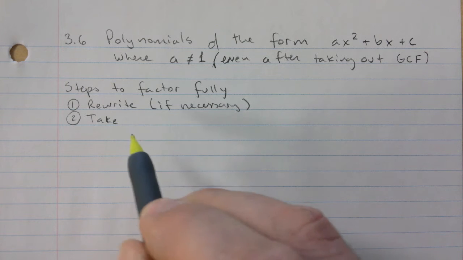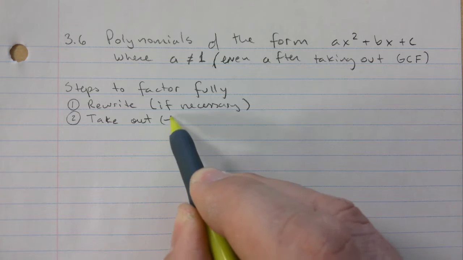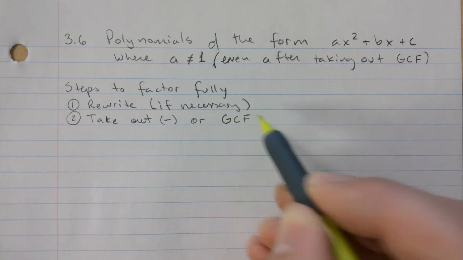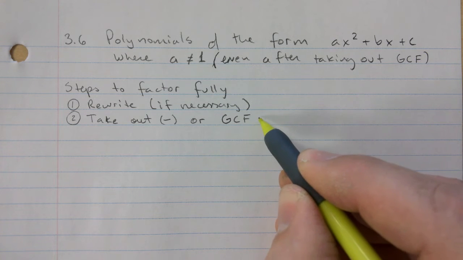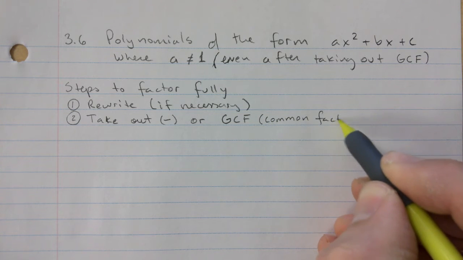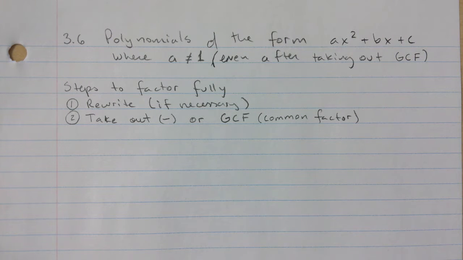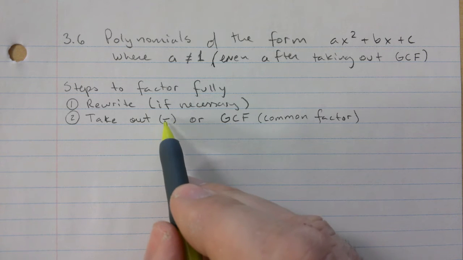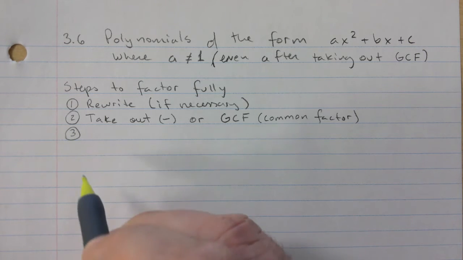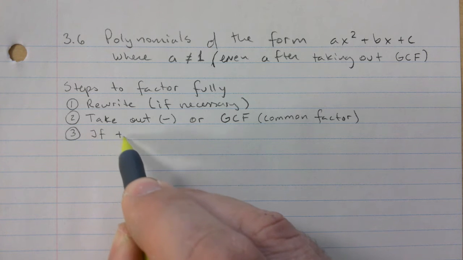You're not necessarily going to have to do all of these things, okay? Take out a negative, right? Or GCF. And what I mean by GCF is common factor, right? You're looking, are there numbers that they all share that I can take out? Are there variables, right, that I can take out? Okay, so negative for sure, and then see if anything else is there. And then third, if trinomial